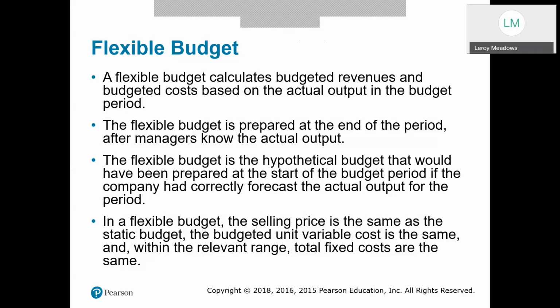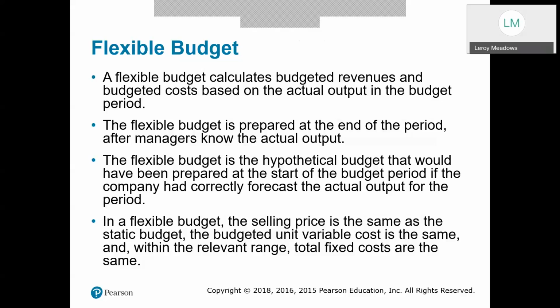So with the uncertainty there, that's why the static budget is our best guess and what the goal is for the company for the year. However, that does not usually occur. We usually miss the master budget to some degree, whether in the positive sense overall or in the negative sense. But the flexible budget is what we would have created if we knew exactly how many units we were